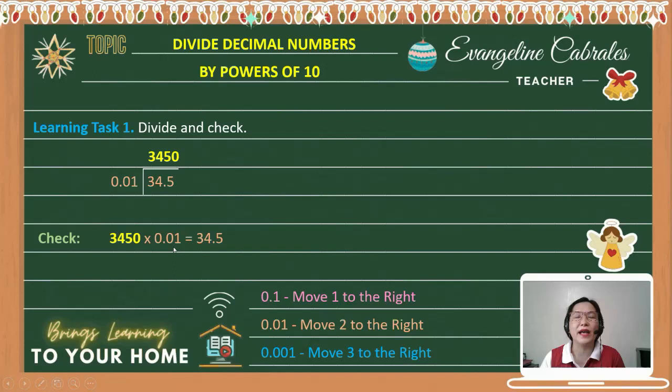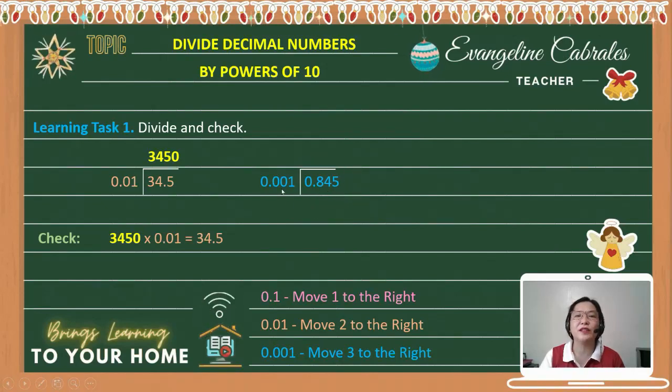To check, we will multiply 3,450 by 100s. Kung sa division, nag-move ka ng decimal point to the right, dahil ang multiplication ay inverse o kabaligtaran ng division, mag-move ka naman ng decimal point to the left. Kaya, mula sa 3,450, kung saan nandito ang decimal point, mag-move ka ng 2 to the left. 1, 2. Kaya, ang sagot ay 34 and 5/10, kagaya ng nasa dividend. Okay? Let us now have